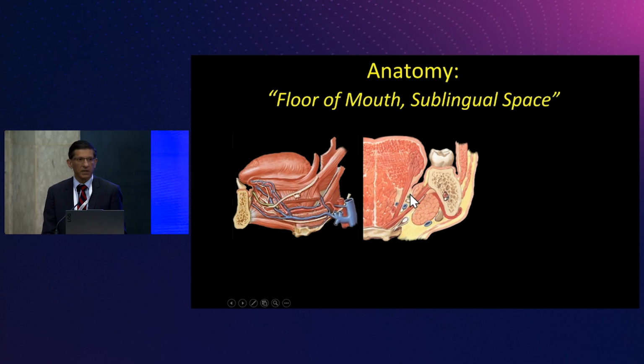Now, where we get into a little bit of a problem is that in the head and neck, we're pretty smart people. You know why? Because we like to give talks, right? And we love to confuse you. In head and neck, we take the same piece of anatomy and give it different names. The first time you invited me here, I probably talked about the sublingual space. The next time, I talked about the floor of the mouth. So I confused you, and you had to invite me back a third time, right? It's the same way when we talk about the floor of the mouth or the sublingual space.